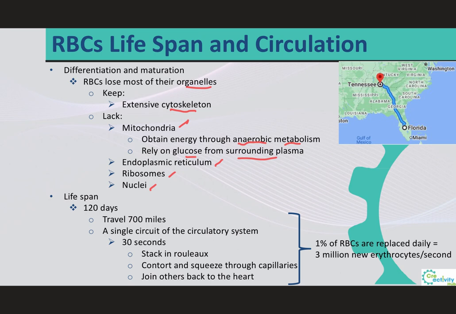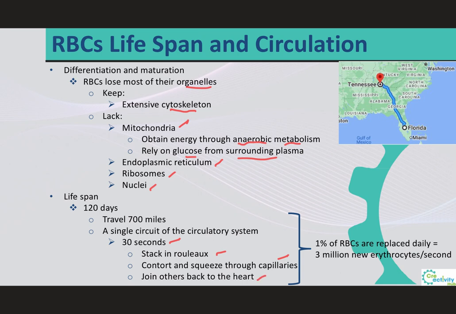This is a big problem for these cells because, as you can imagine, they are exposed to very severe stresses, as a single circuit of the circulatory system usually takes less than 30 seconds. This means that we start counting once the cell leaves the heart and stop counting when the same cell arrives back to the heart. It only takes about 30 seconds. And in this time, a single red blood cell stacks in rouleau, contorts and squeezes through capillaries, and then joins their friends to rush back to the heart for another